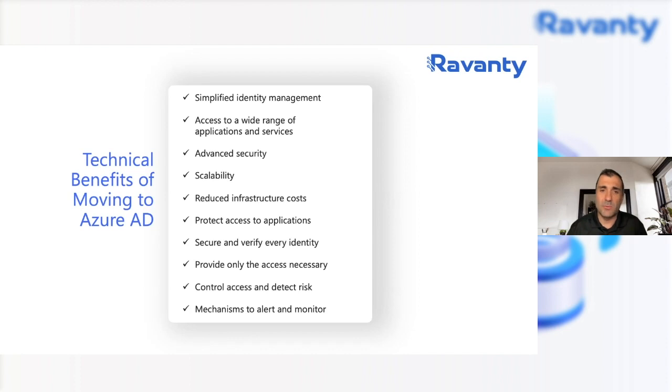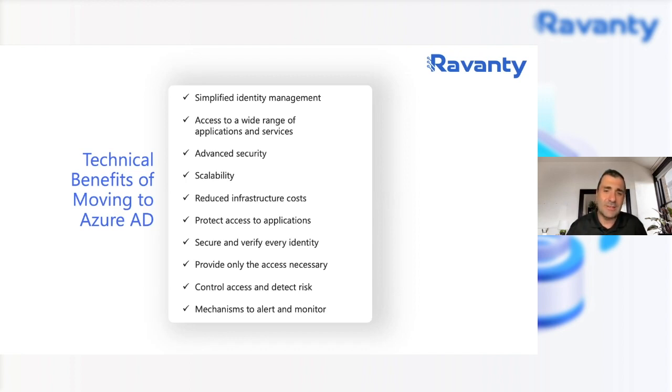Scalability with Azure AD, reduced infrastructure costs. That's a big one, because when you no longer have an on-premise presence, you're able to reduce a lot of those costs. You don't have to manage the infrastructure. That's a big savings there. You don't have to worry about all that. And we'll talk about that shortly as far as reduction in infrastructure costs. Protecting access to all your applications. We talked about conditional access. Securing and verifying all your identities.